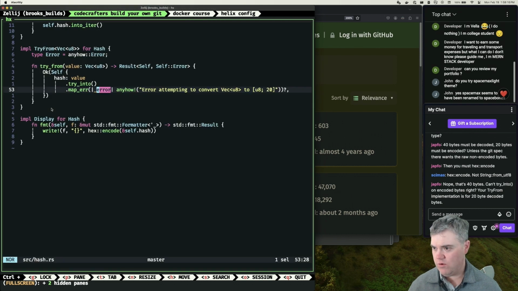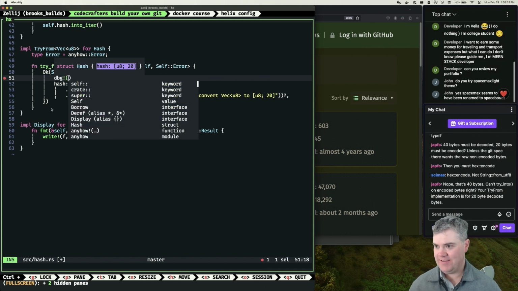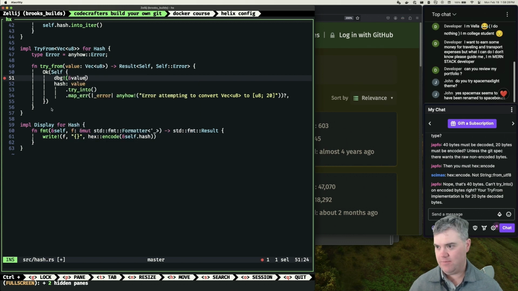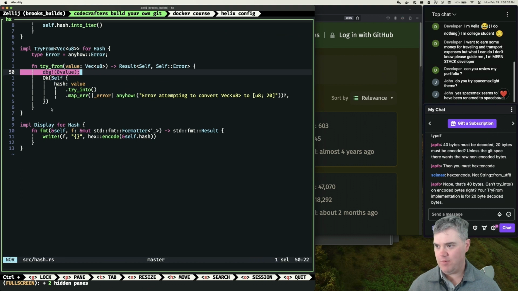Okay, so what do we have? Let's debug the value. Why? Oh, no wonder it was not helping me out. Okay, so if I do that,